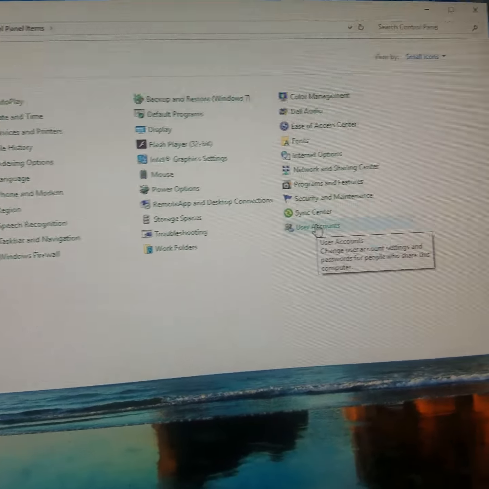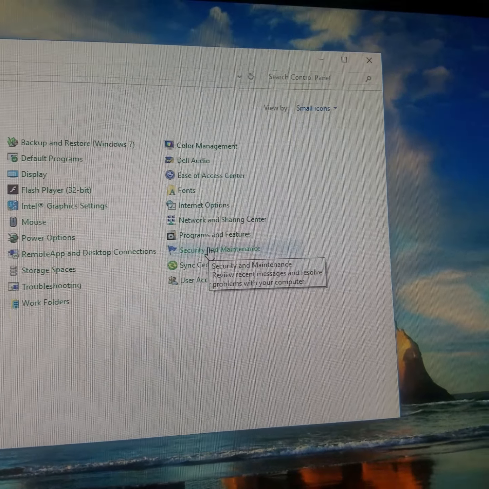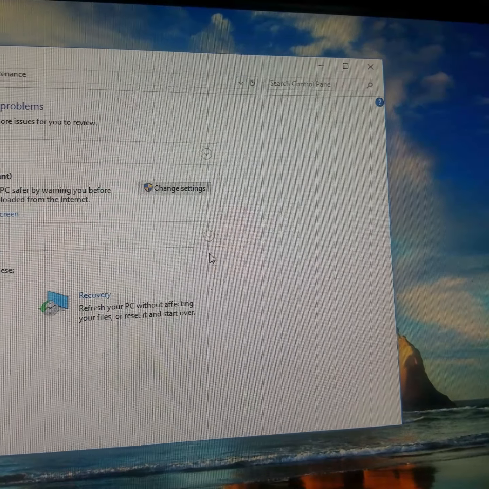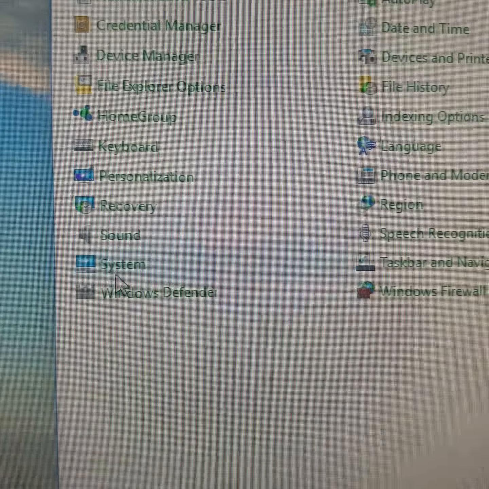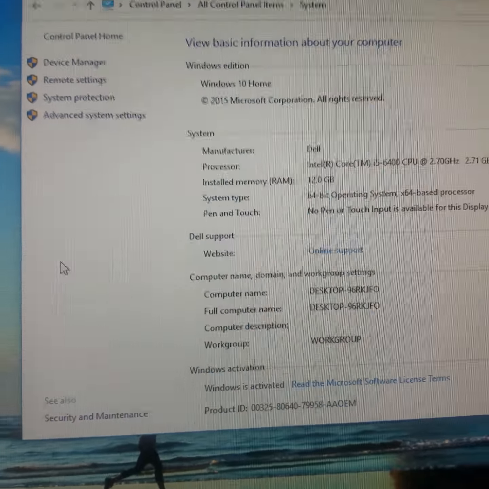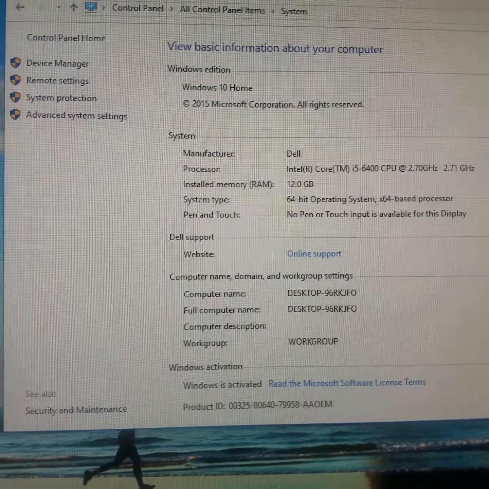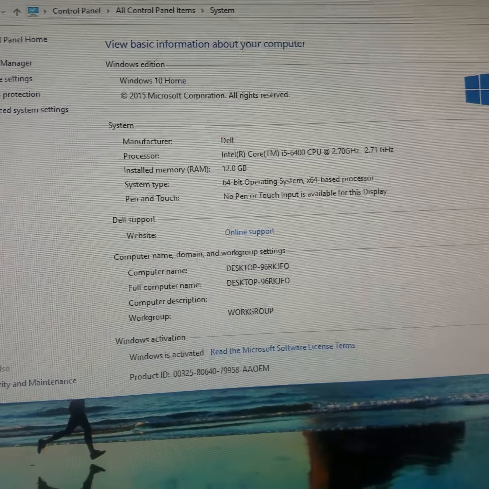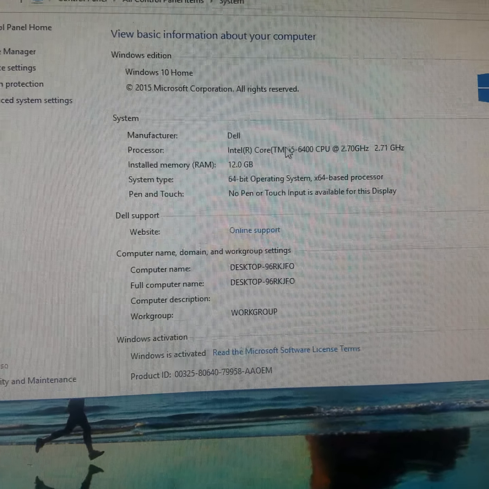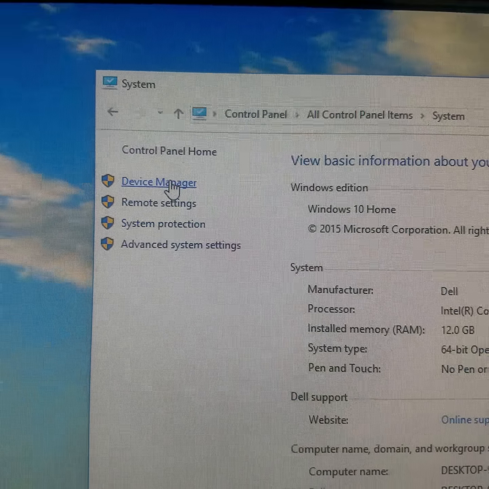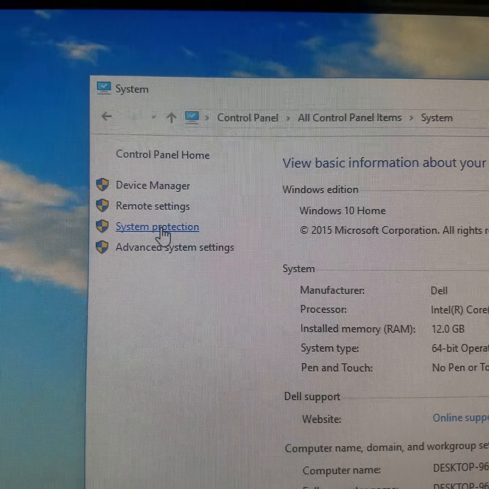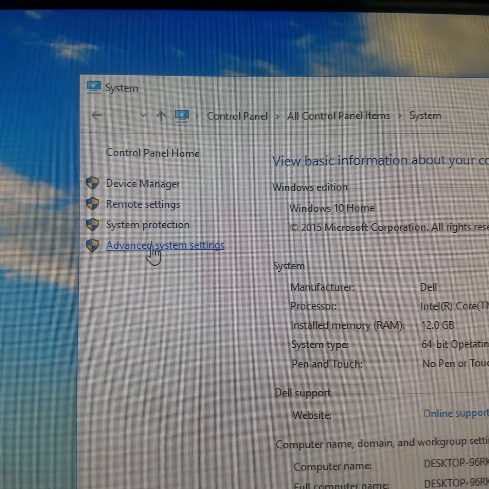Now, let's see. Okay, I just came out of that one. System. Okay, I have to go into system. I'll show you what happens when I go into the system. You see this? This is supposed to be my information for my computer, the processor. But anyway, when I go into my system, the device manager, remote setting, system protection, and advanced system setting,